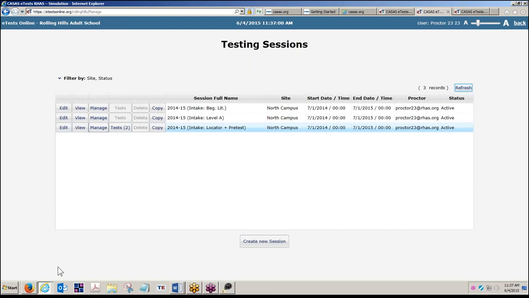The most used sessions will be the intake, locator plus pretest highlighted here. This session and the post-test session. Any examinee who has difficulty completing registration information should not be given the locator plus pretest. However, they may be assessed using the beginning literacy,